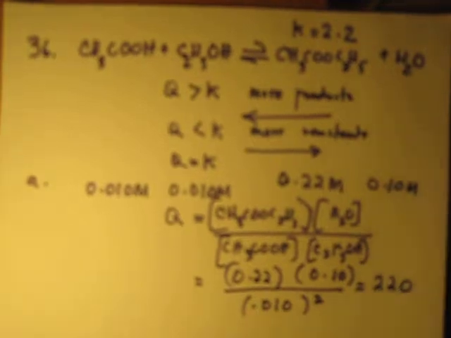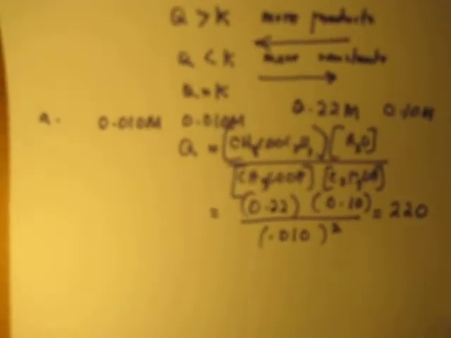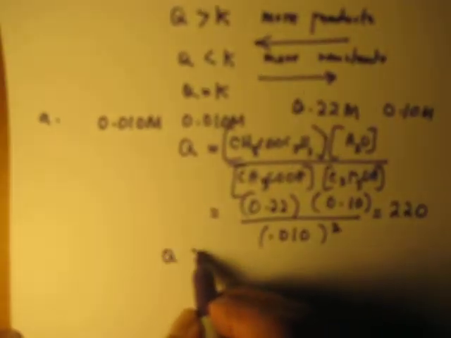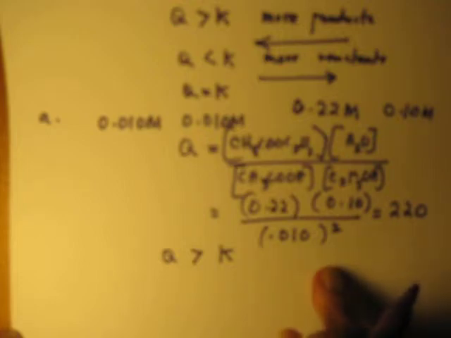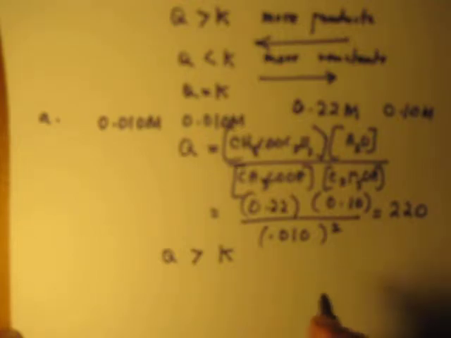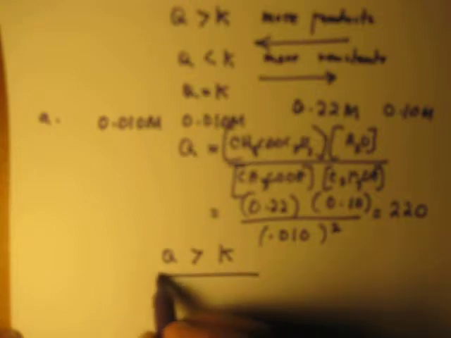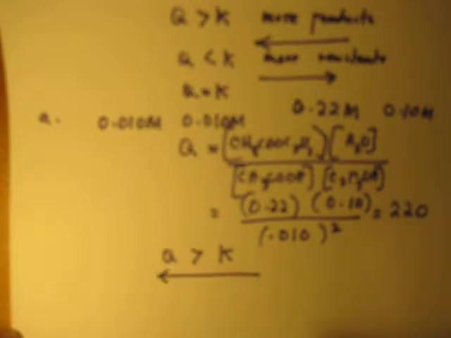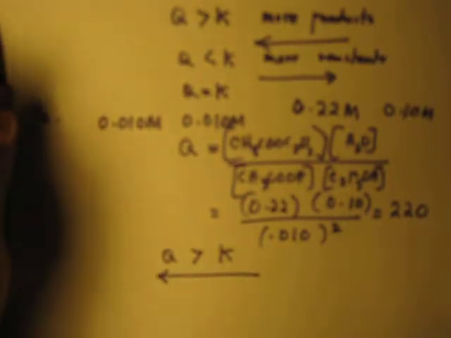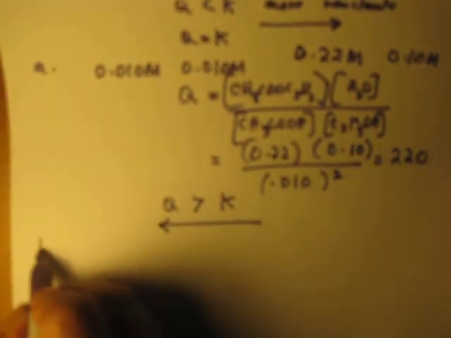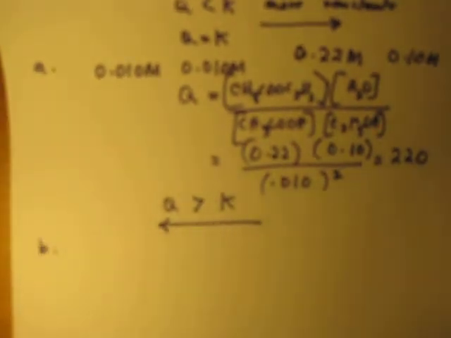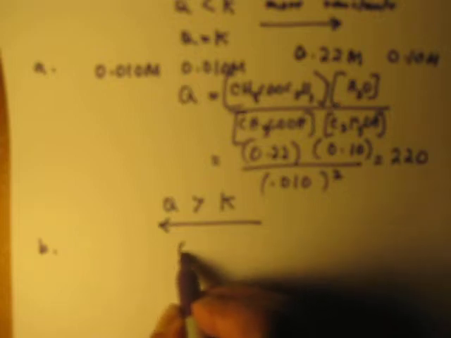So you can see Q is greater than K, which means more products present and the reaction will shift to the left, which means H2O concentration will decrease. So that's part A. If you take part B, the Q will be